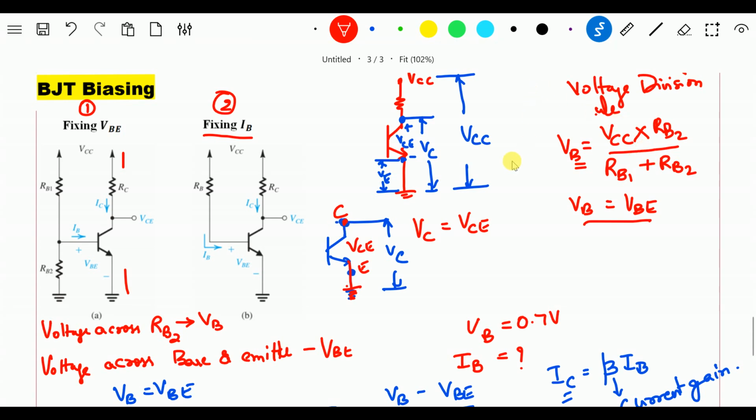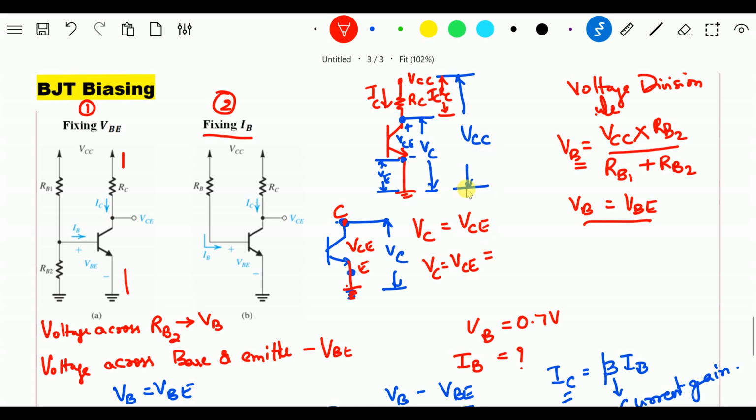Now, if I say what is VC, you have an RC here, where the current IC is flowing. That is very important for you to know here. Now the voltage across RC is actually ICRC. And if you look into this diagram, can I say that your VC or VCE equals